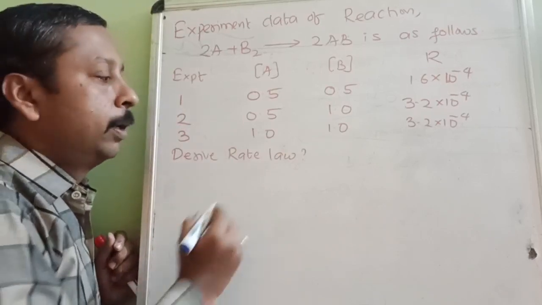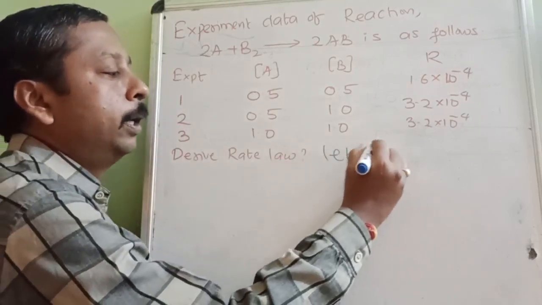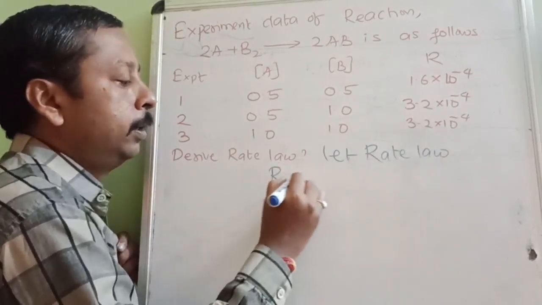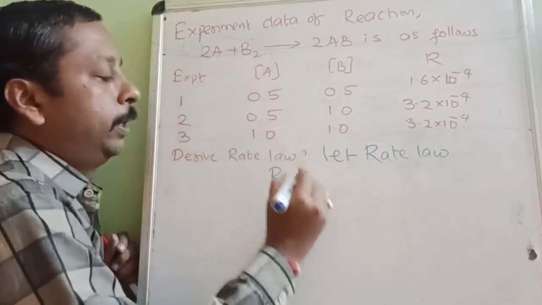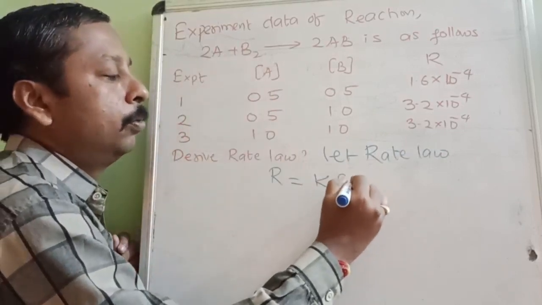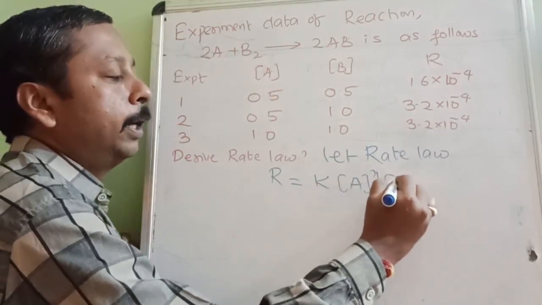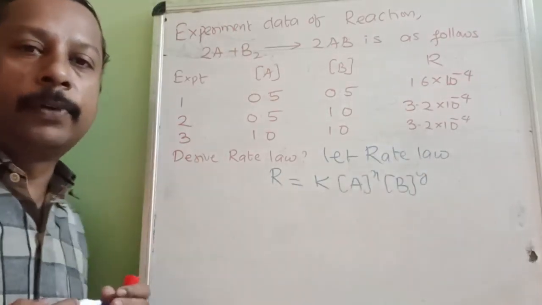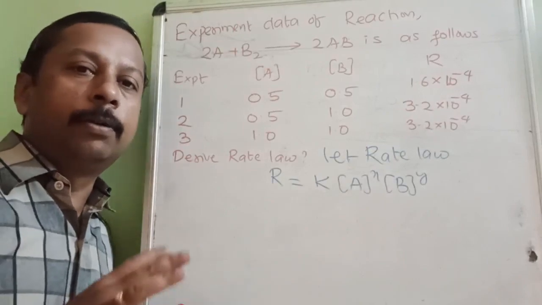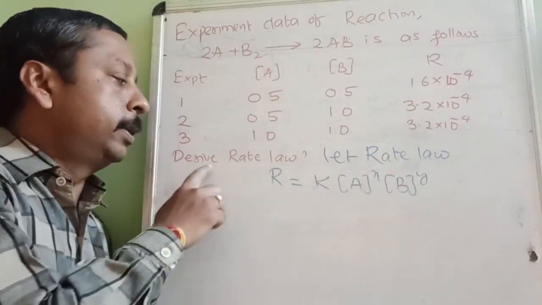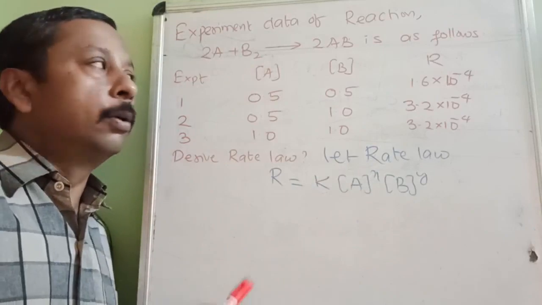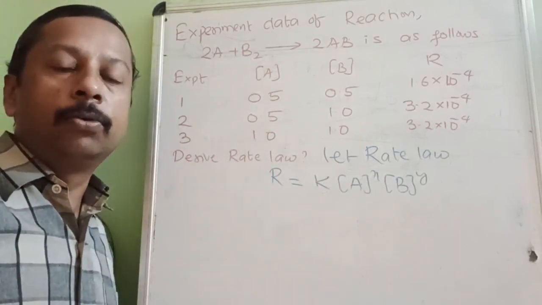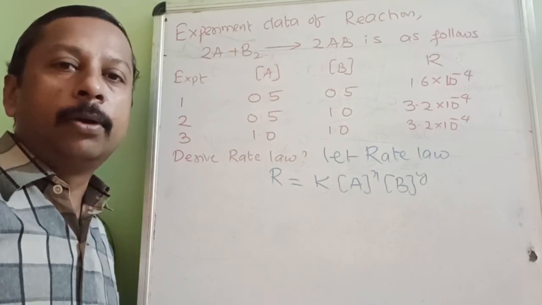3 times. Now let the rate law be R is equal to K into A to the power of X and B to the power of Y, using whatever reactants are given. Here our aim is to find X and Y. If we can find X and Y and substitute them here, that itself is called the rate law. Whatever we write according to the balanced equation is going to be molecularity, not the rate law.